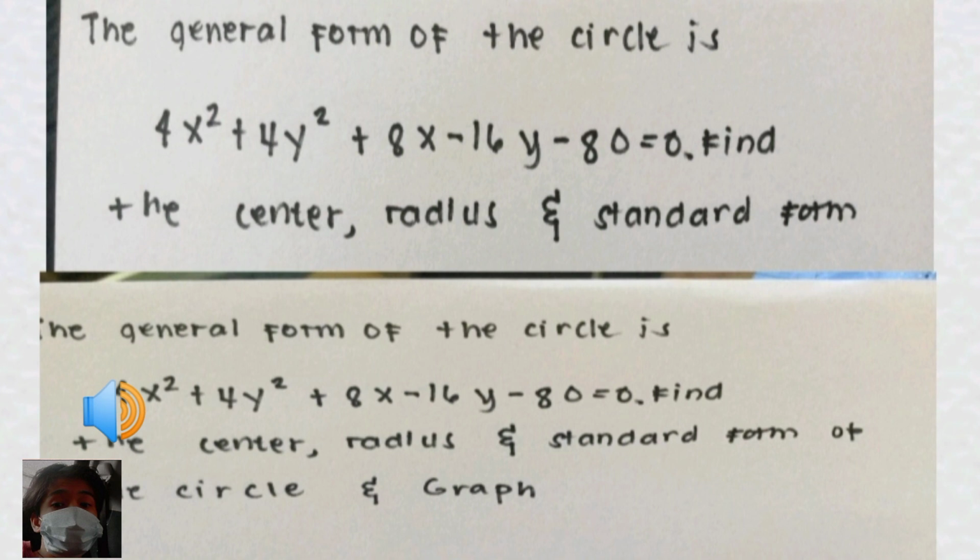Now let us graph in our Cartesian plane. So graph first, plot our center, negative 1, positive 2. Negative 1 for x and positive 2 for y. So this is our center. Our radius is 5. To find the other points, let us